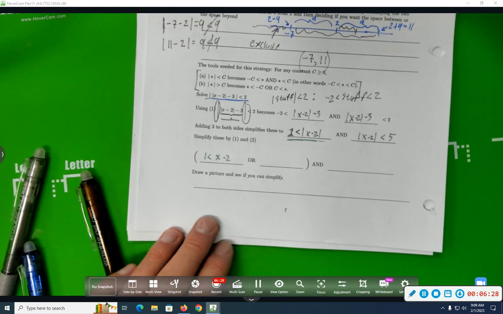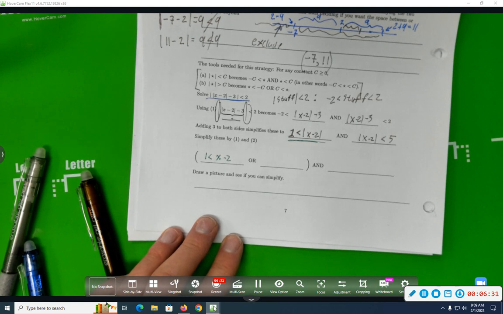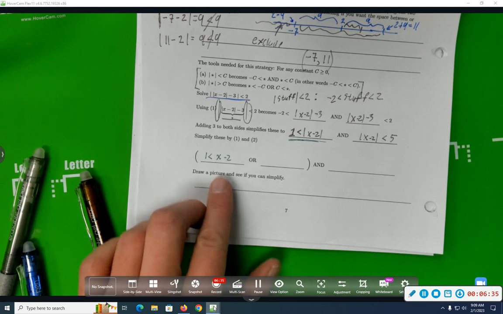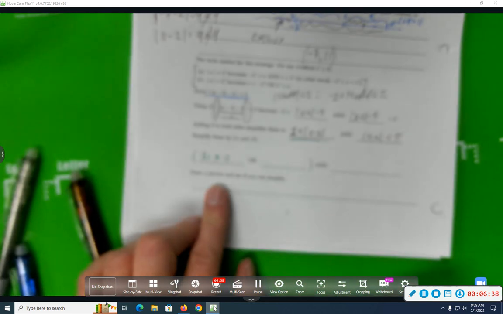Oh, yeah, thank you. Is the zoom also big enough? Should I zoom in further? Is it visible okay in the back? Okay. So it'll either become 1 less than x minus 2, or